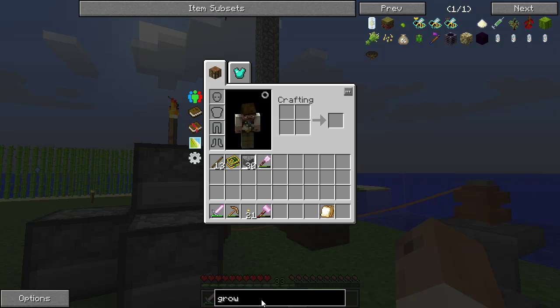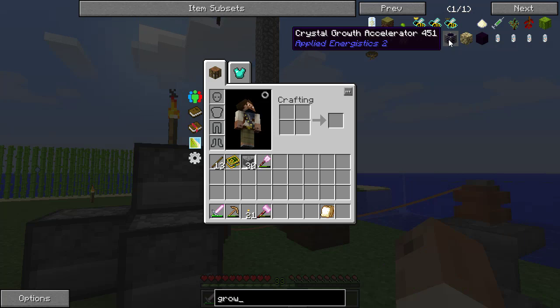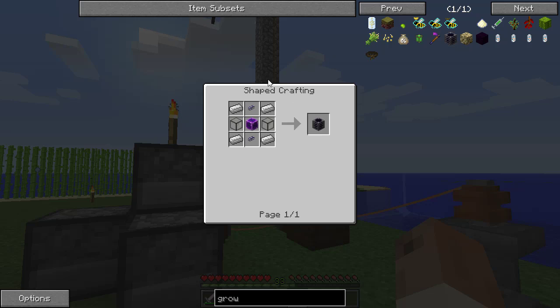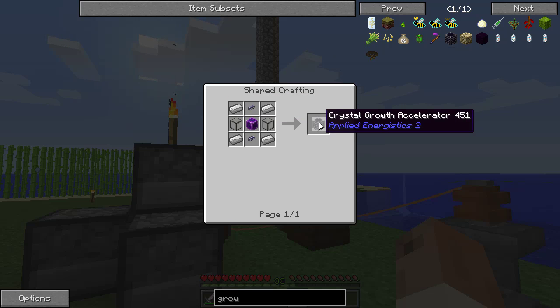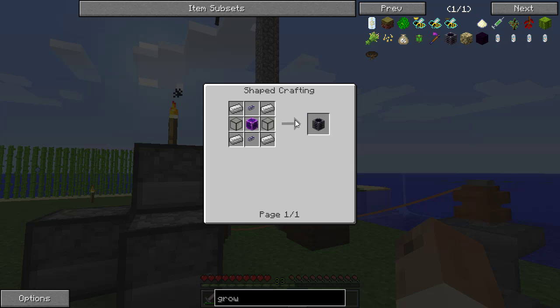But that's going to require a growth chamber accelerator. We can grow crystals without this, but it takes a really long time. I'm talking like hours. With this, it takes seconds. So, depending on how big you build it. Anyway,